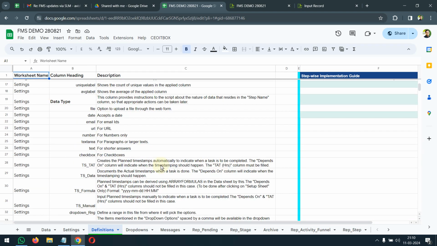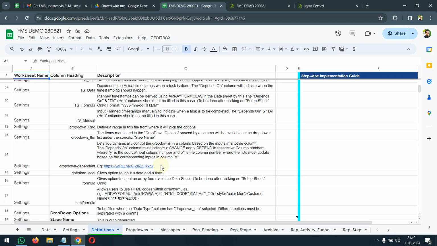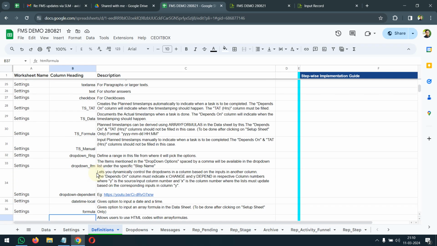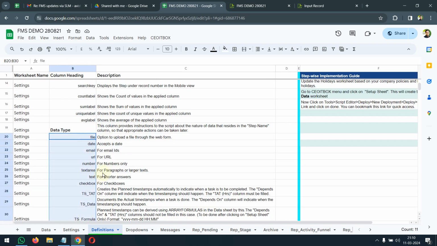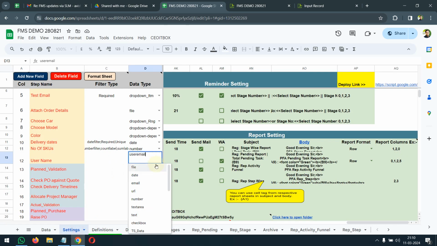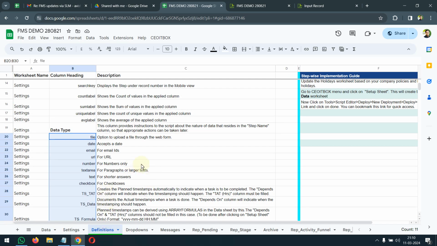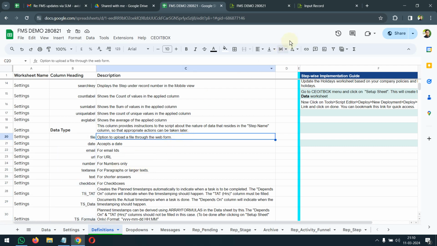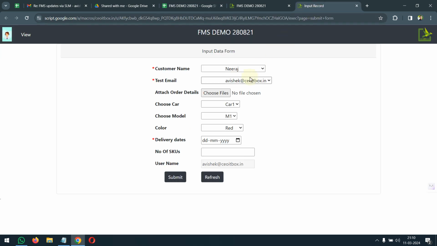If you make a latest copy of the file, the older versions of the file will not have the updated data types. However, it will be available within the drop downs. So this definitions page is just a list of definitions that we have. So you can definitely go to the fmshelp.coit box helper site if you are a member, and be able to